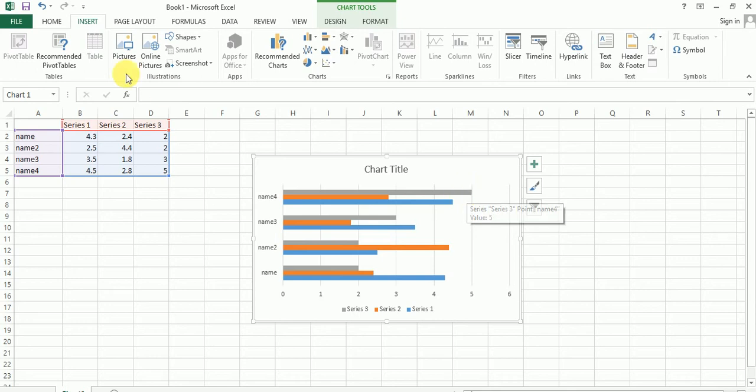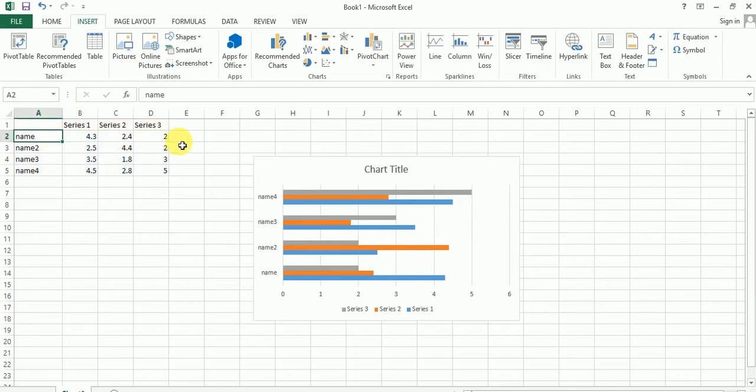See this? Already you can use column, or enter any value in a column in MS Excel, then it shows the same chart with a vertical axis. Yes, vertical axis. What is the difference? Name 1 is the first row, but here it is last. Name 4 is last, but here name 4 is first. Yes, so it is different.